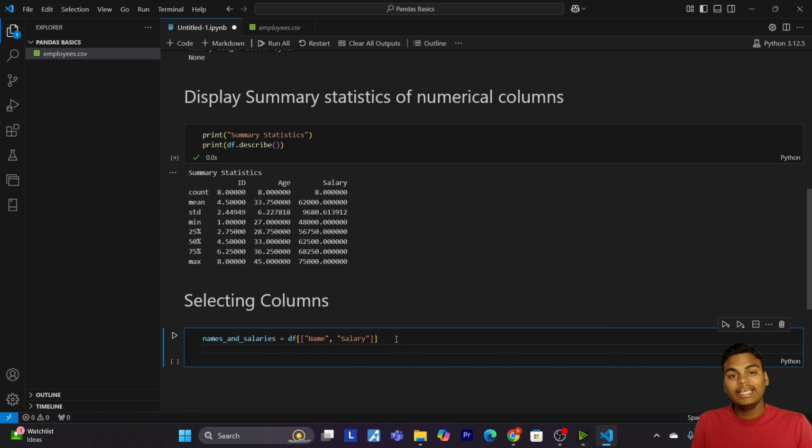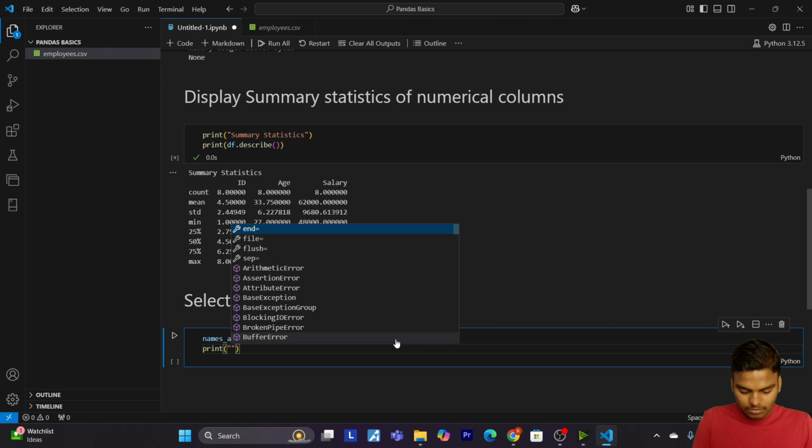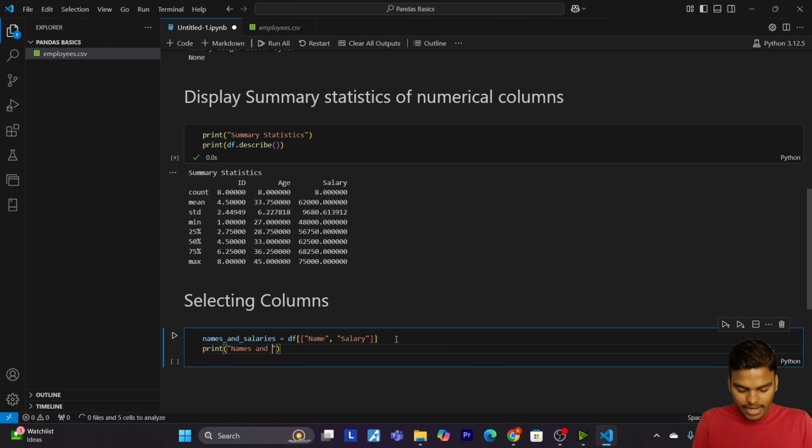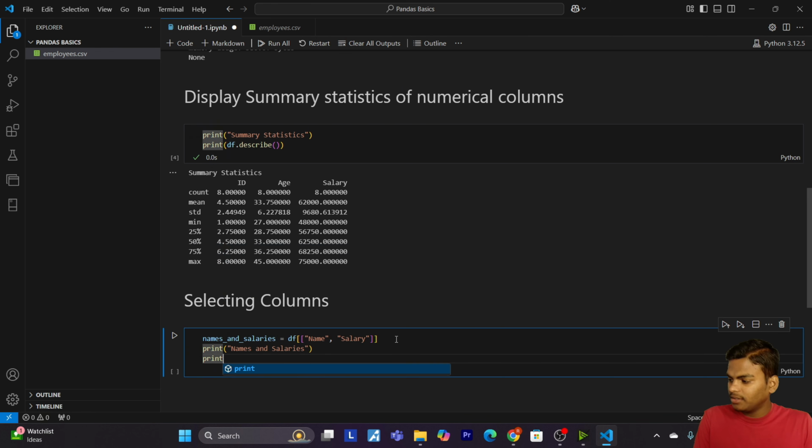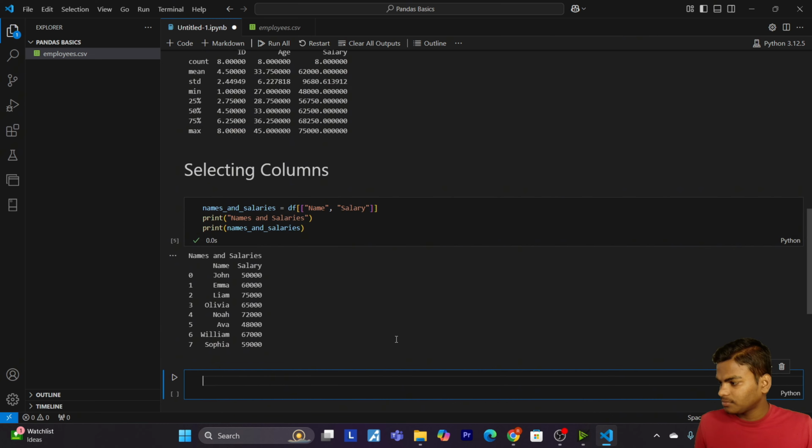Then I will print names and salaries. Just print names and salary. So now let's run the cell.